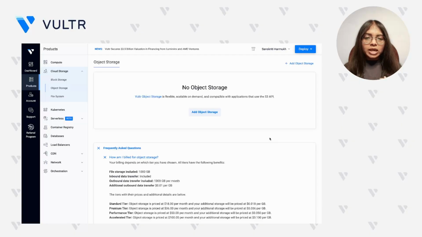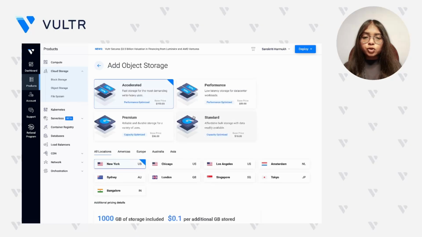storage plan. To get started, log into the Vultr Customer Portal and navigate to Object Storage present under the Cloud Storage section on Vultr. Here, click on Add Object Storage to provision a new subscription. The first step is to choose amongst the 4 Vultr Object Storage tiers available. The details of the same were discussed previously in the slides. Go back and check the purpose of each